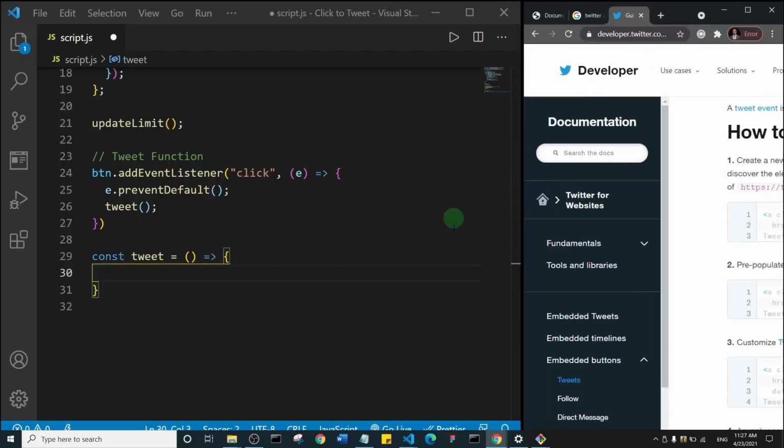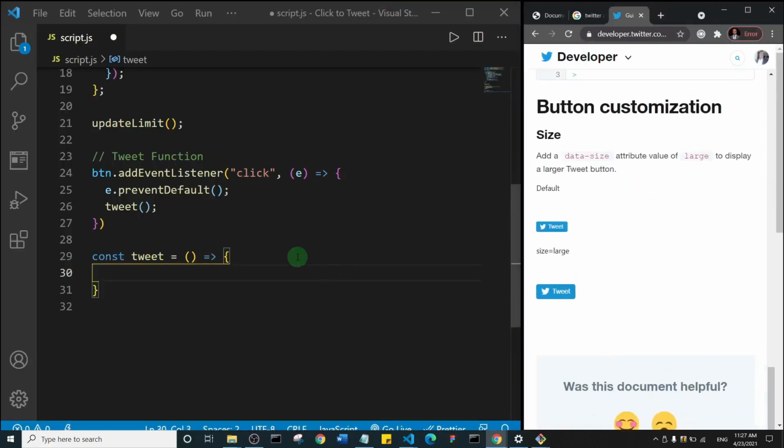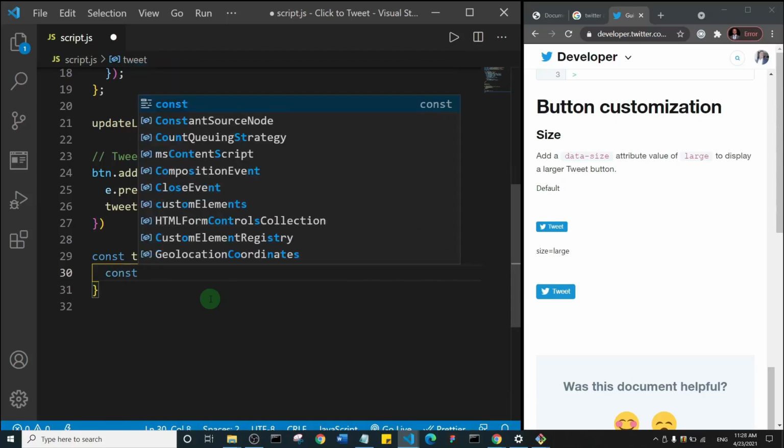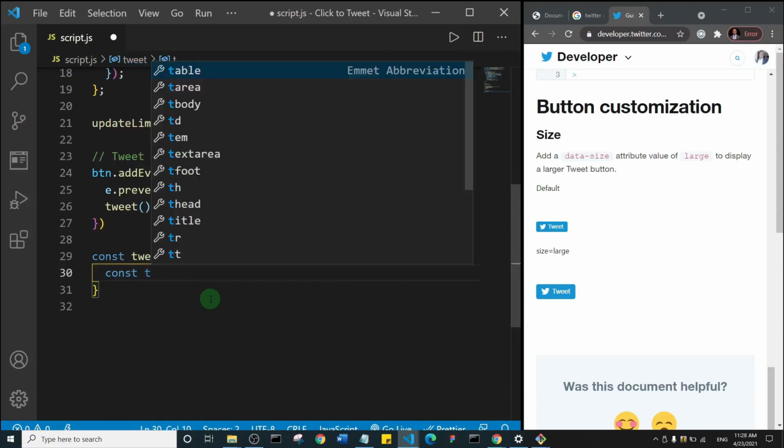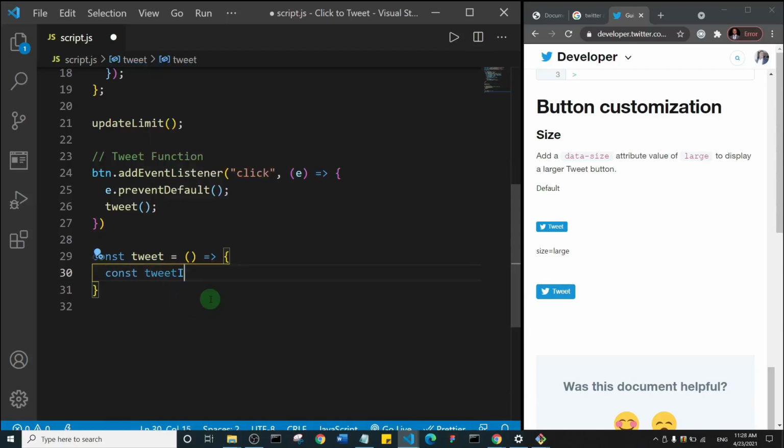So I'm going to minimize this, and I'm going to come here. I'm going to create a variable. So I'll say const, and I'll name this variable tweet input. Okay, tweet input, and I'll set it to be equal to